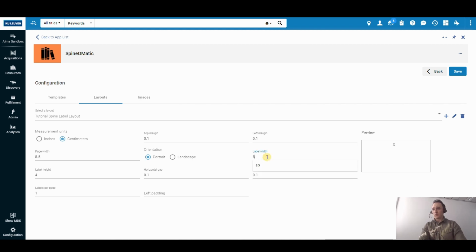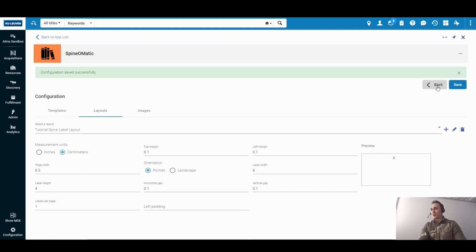This is very useful, so let's just do a small experiment. I will change the width to 2 from 8. Then you can see that the contents of my label, so this X is the content of my label, is going to be displayed way differently if I change this from 2 to 8 and from 8 to 2, because my label is wider, of course, when it's 8 centimeters. Then I have created this layout, and I'm going to save it.